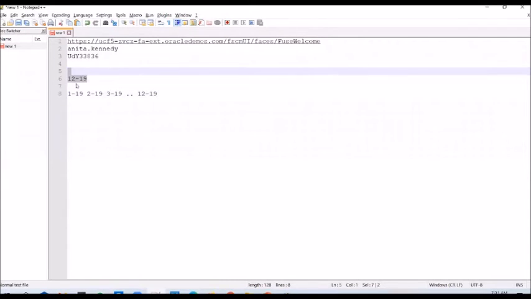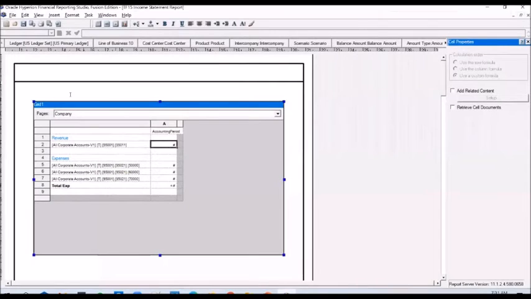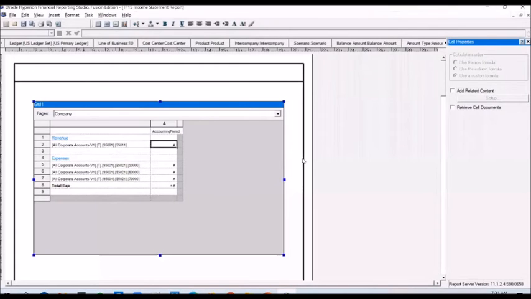So if the user selects 12-19, I will go back 11 periods in time. That will give me 1-19. And I want to pull the balances of these accounts for all these periods, starting from 1 till 12. So you need to see 12 columns appearing here, starting from 01 till 12.